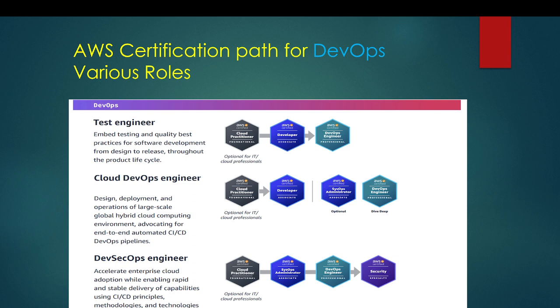Then the next certification would be the Developer Associate. As I told earlier, as part of this test engineer role, you can go ahead and learn that. For associate level, I would suggest always trying to complete the fundamental as well as the associate level, because for all the roles defined by AWS, the fundamentals as well as the associate level certifications are always there. Right now we have one fundamental certification and four associate level certifications.